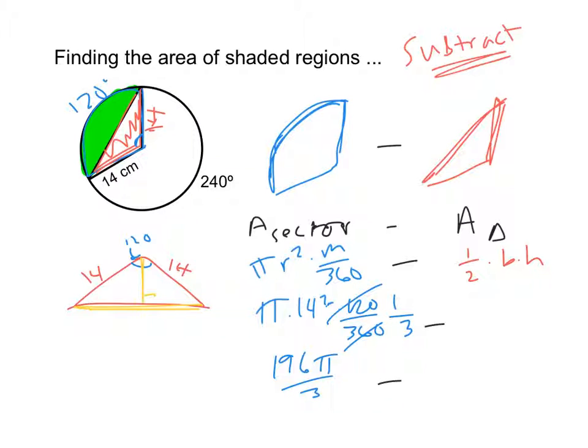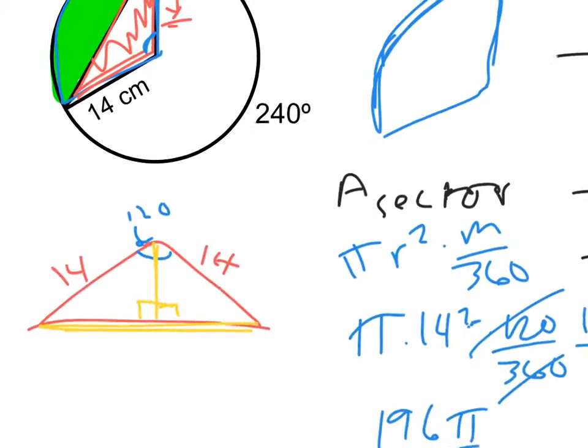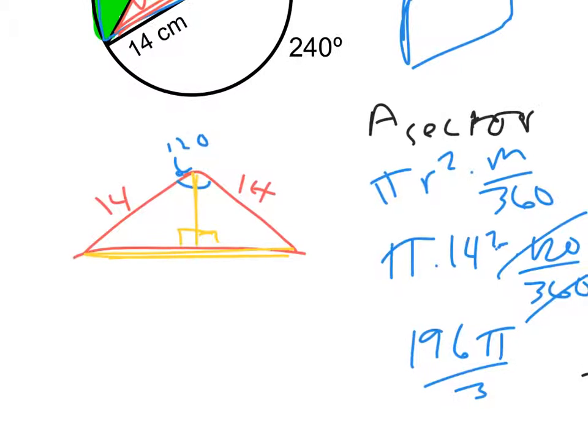So let's divide that. Because it's isosceles, I know that I just divided the base exactly in half. Even better, let's make this a little bit bigger so I can work with it. Even better, I know angles here. So I know that this angle is 60 degrees because I've got 120 divided by 2, so 60 and 60. And therefore this is 30 degrees, and I know you're so excited right now because you love your special